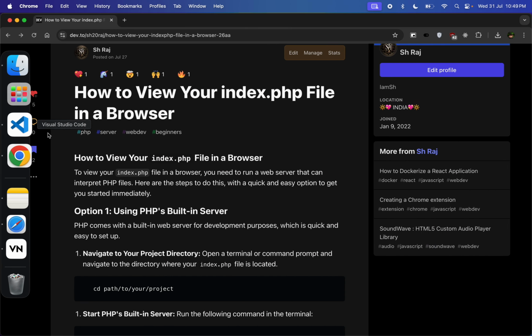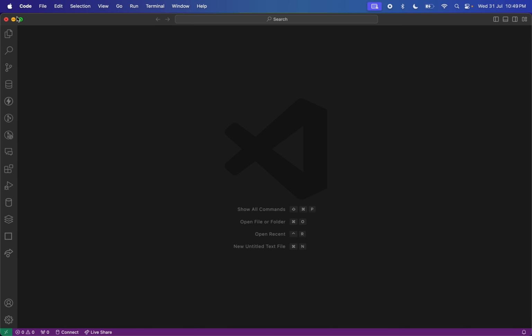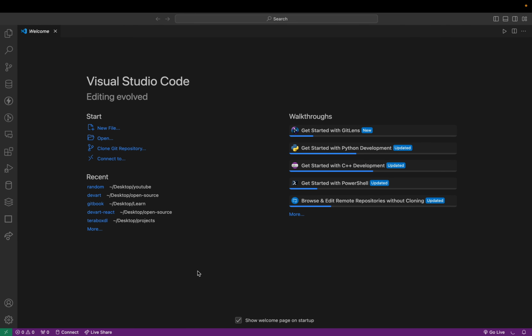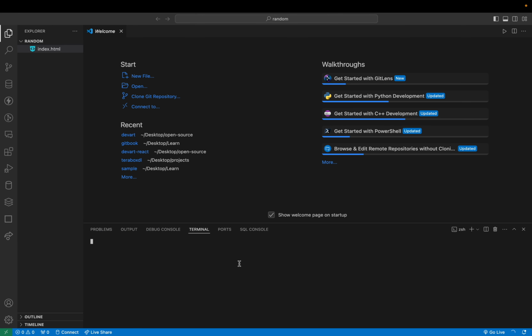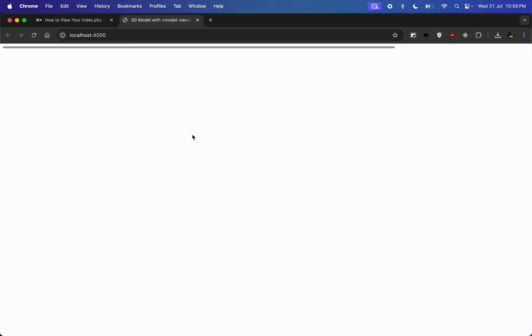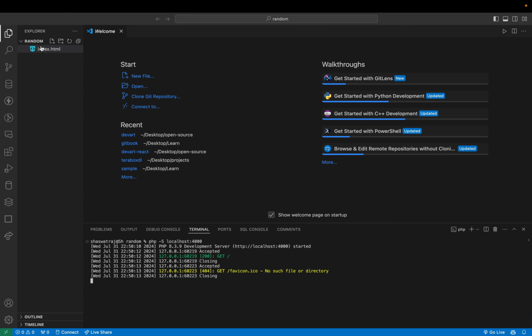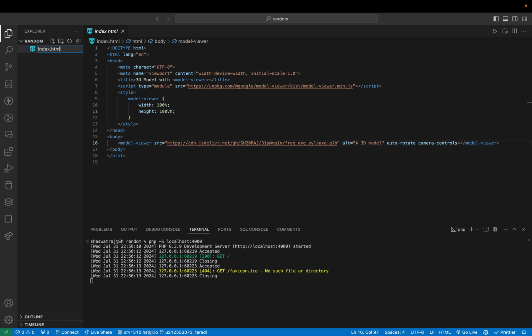Okay, so let's open VS Code, and PHP must be installed on your computer. Let's press Ctrl J and open a random folder, and for that we just have to write php -S and our localhost with the port number. I will go with 4000, and let's click enter, and our development server is started. And here is our index.html, and we can also rename it to .php,